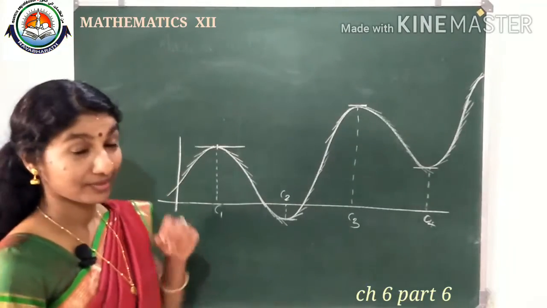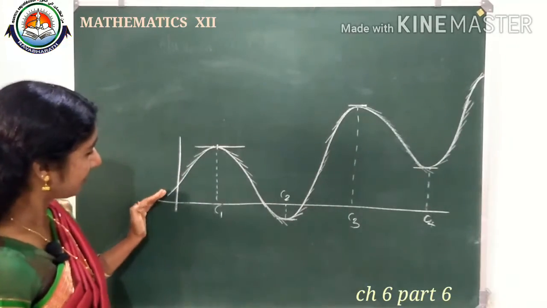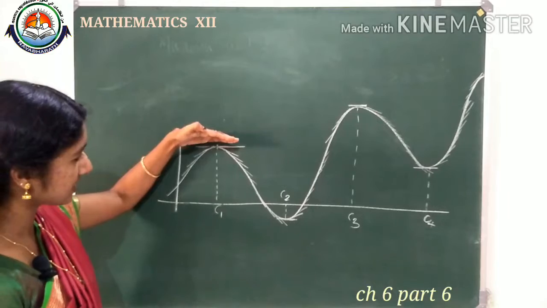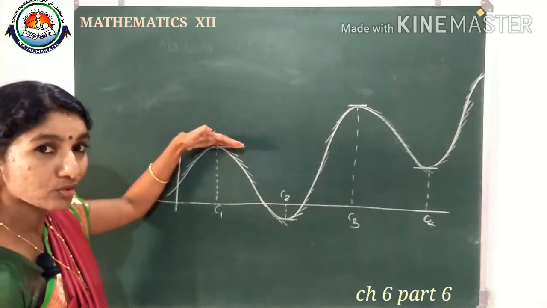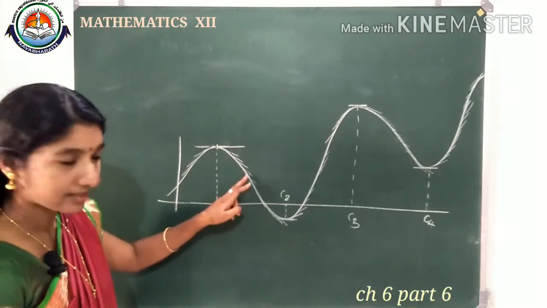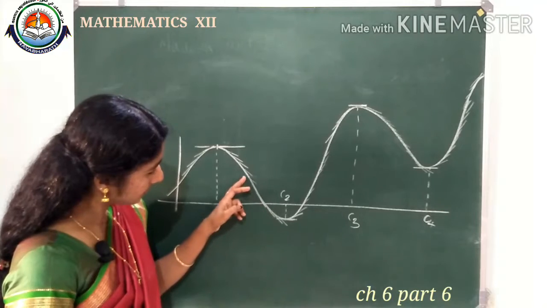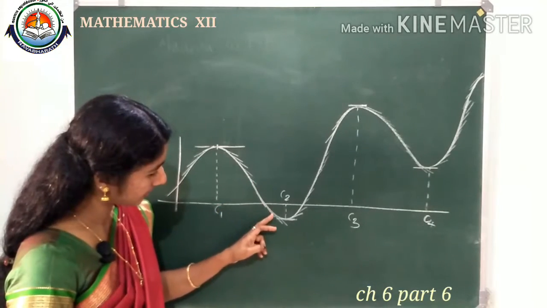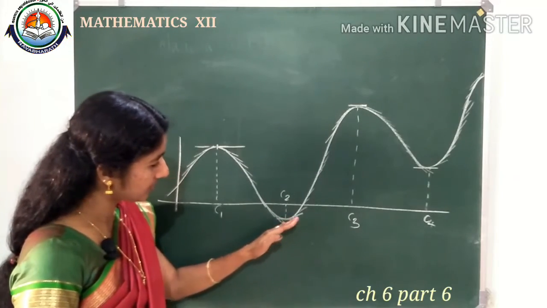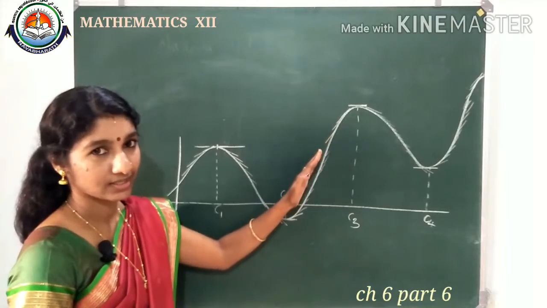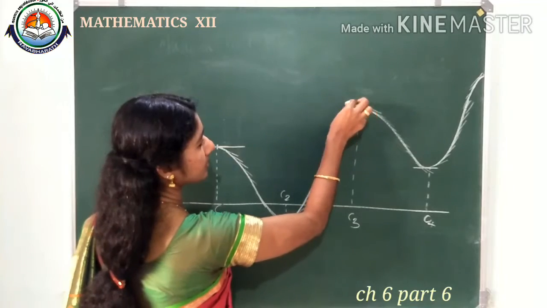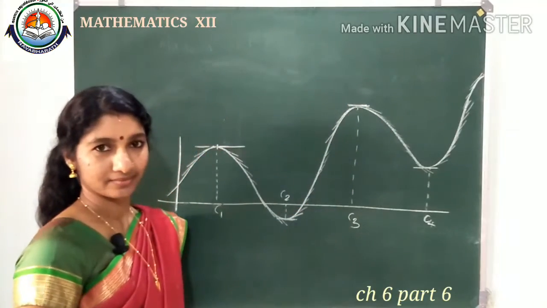You can see this graph in many ways. See here, when it is increasing the slope of the tangent is positive, and at this point we are getting the slope of the tangent equal to 0, and after this point the slope of the tangent is negative, and all these points the slopes of the tangents are negative, negative, negative. At this point the slope of the tangent is equal to 0. And from the next point onwards again the tangent makes an acute angle, so the slope is positive, positive, positive. Here all points it is positive, then it is changing to negative, isn't it?